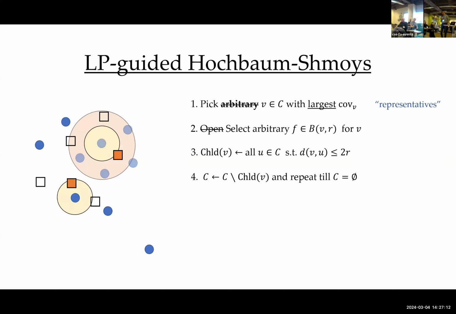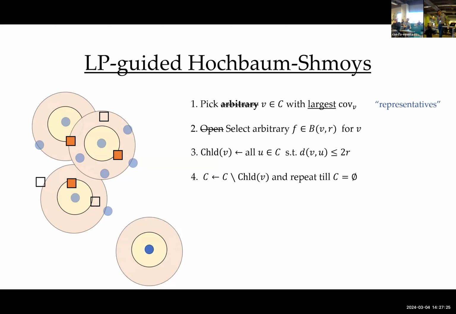So I selected that facility, I draw a ball of radius 2R. Then I do the same again. And this fellow is far away, it comes next in line. It draws a ball of radius R. There is no facility in there. It should be an outlier. I go on, I select no facility, I draw a ball of radius 2R. So in the end of this,